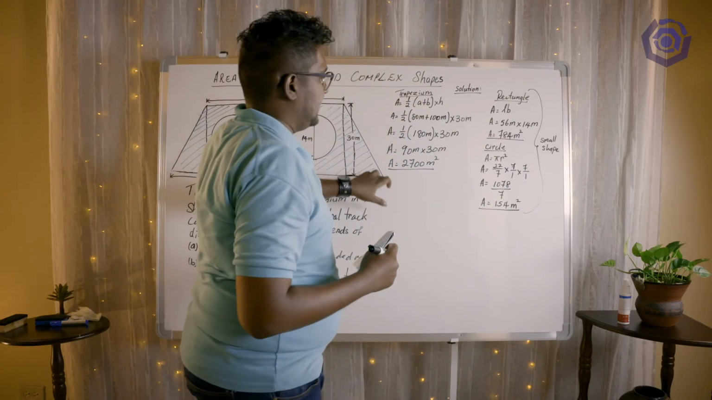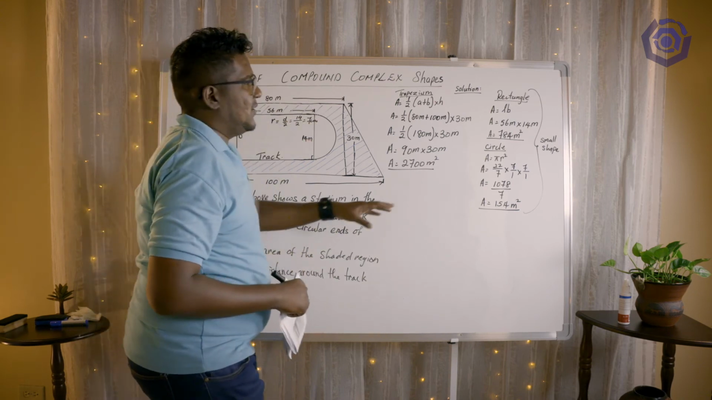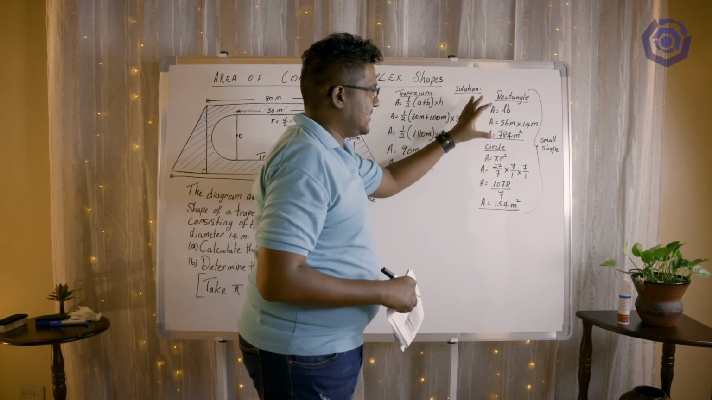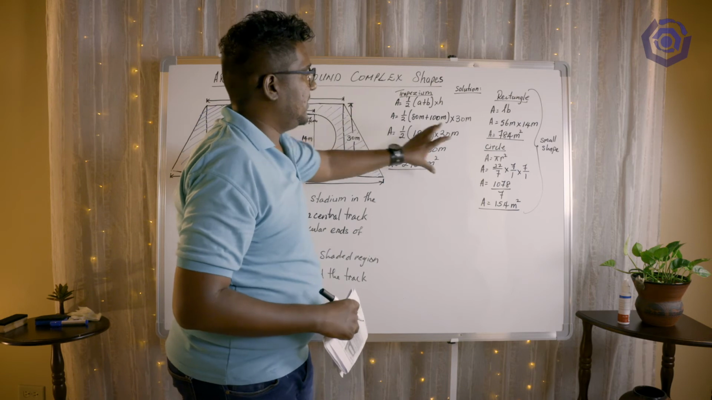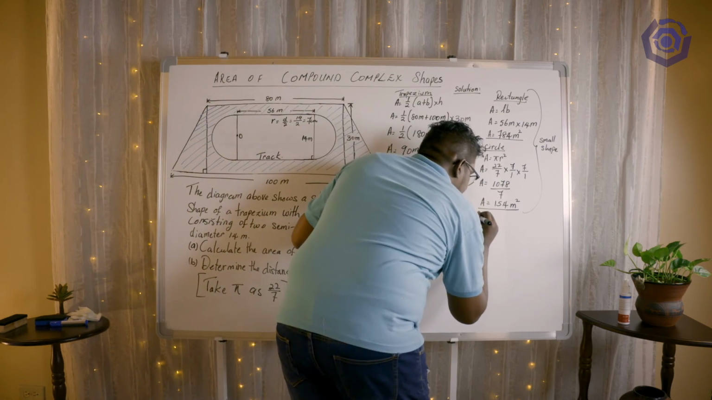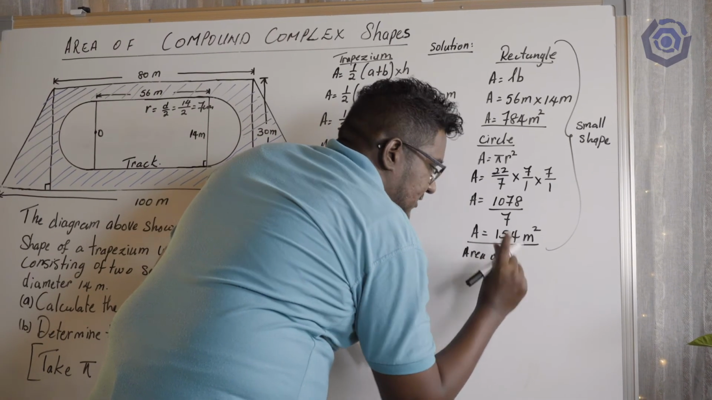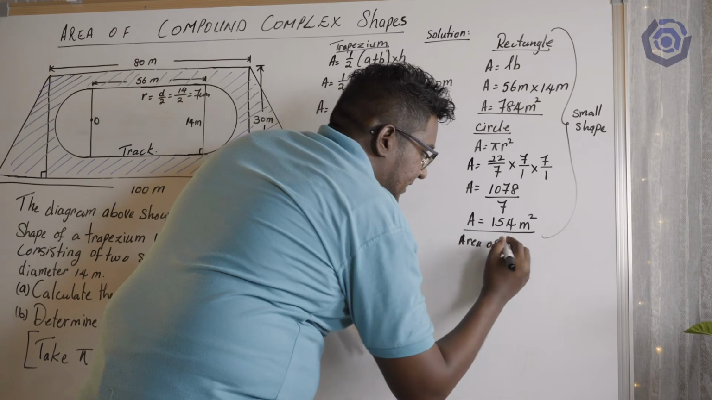And this one here is the big shape. Now to find the area of the shaded region, we have to subtract the area of the small shape from the big shape. So let's find the total area for this small shape. The area of the small shape, or let's call it the track, because it is the track, right? The area of the track